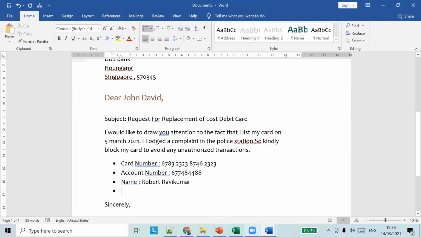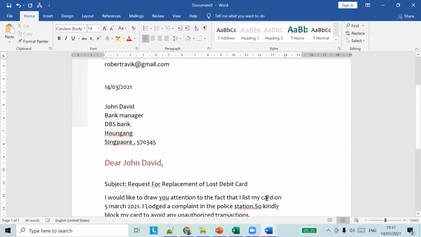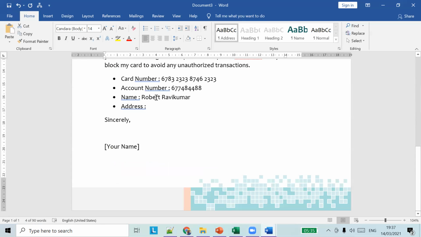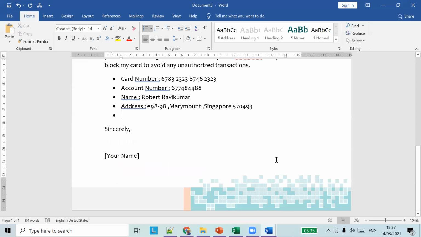And apart from that, we have to give the address. So address is already given at the top. We just copy this and put it here. And contact number. So we'll give something random.